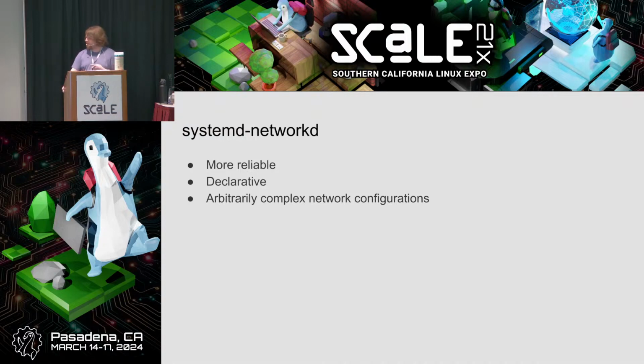We also have systemd-networkd. So in scripted stage 1, we have a scripted networking implementation, which is just the simplest possible network implementation, and it's extremely unreliable. With systemd, we are able to use the systemd-networkd stack instead, which is very reliable. It also comes with a declarative method very similar to units that allows for arbitrarily complex network configurations. And so far, this has seemed to be significantly more reliable and easier to work with, while also enabling significantly